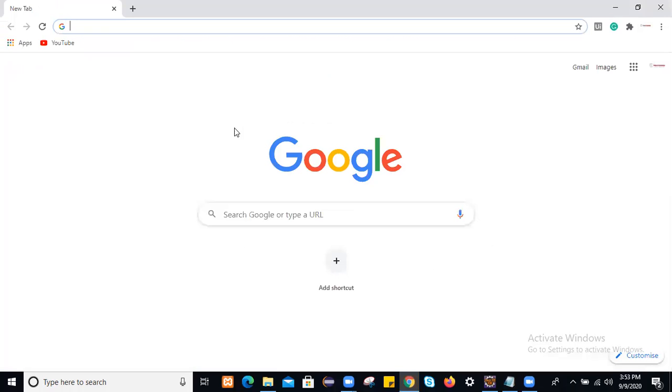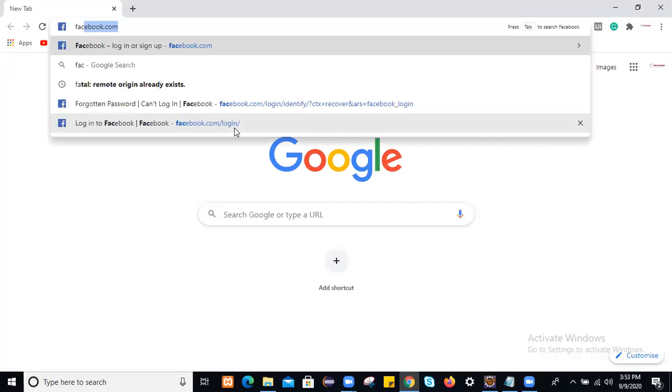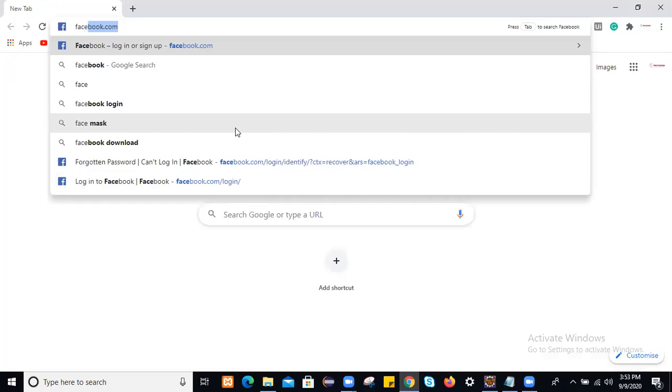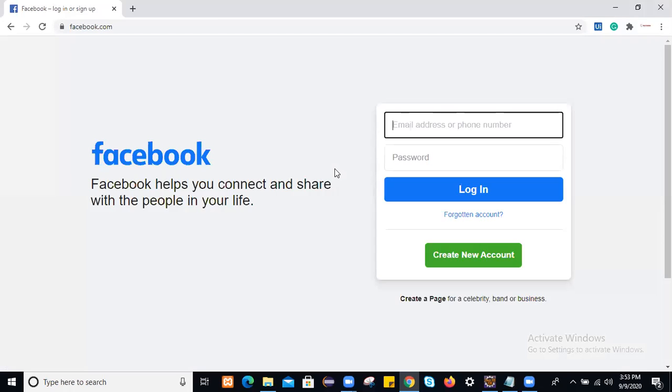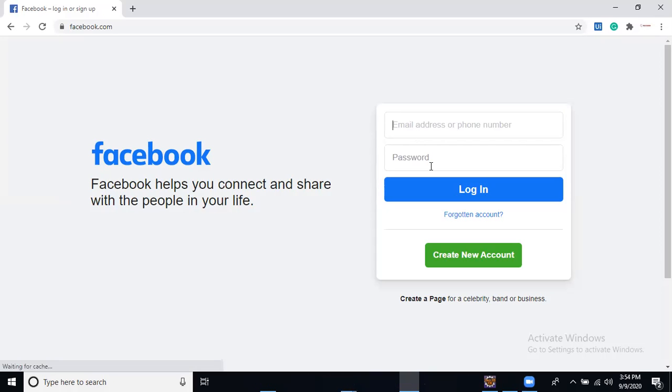I will open Facebook. This is the application we are using for automation testing purposes. So we will navigate to Facebook. Now you see on this page, to interact with the email address field and password field, we have already seen the find element method.